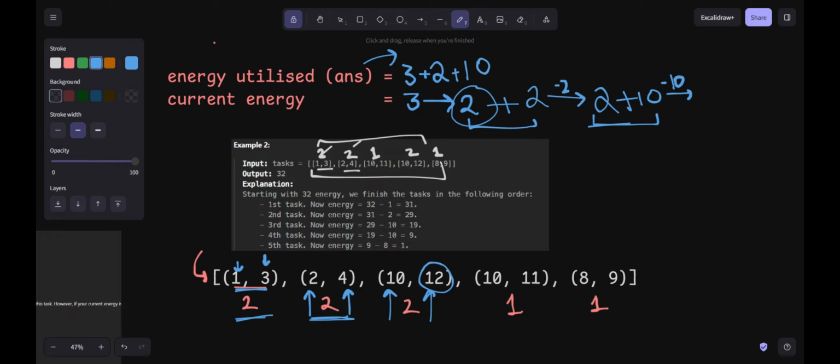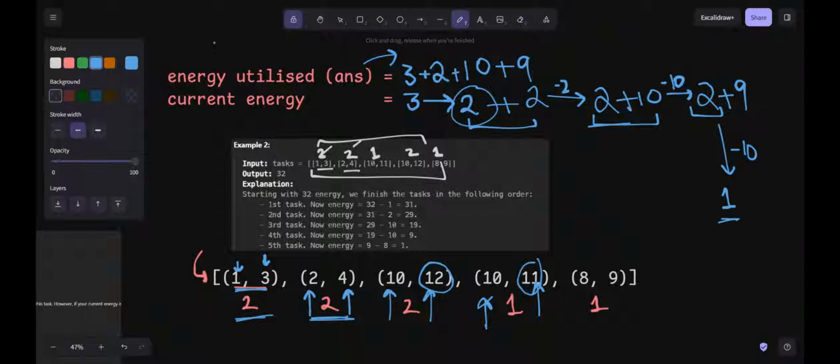Because the actual value is 10 here, it's going to become 2 again, right? So the current energy is 2. Now I come here and I require an amount of 11, but I only have 2. So I'll need to add 9 units more here, right? So I'm adding 9 more, and I have 11, and it's going to drop by 10 again because I have 10 here as the actual value. So from 11 to 10, 1, right?